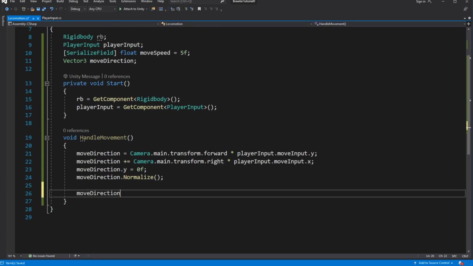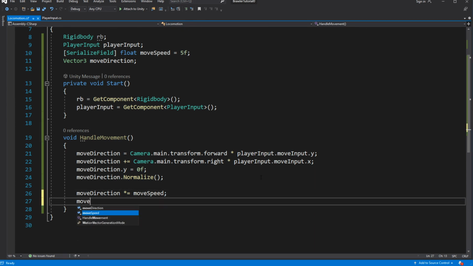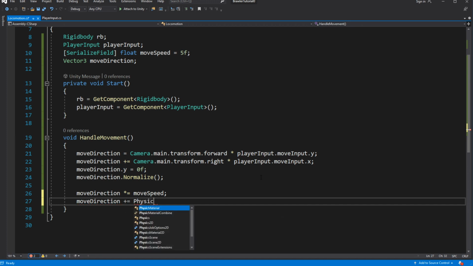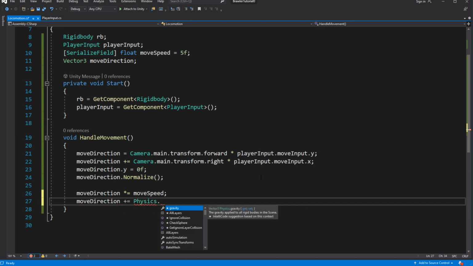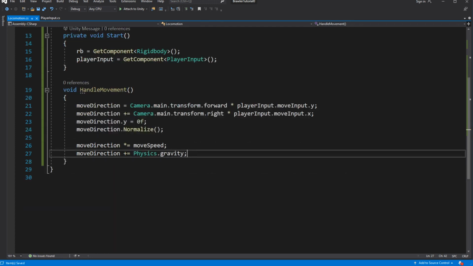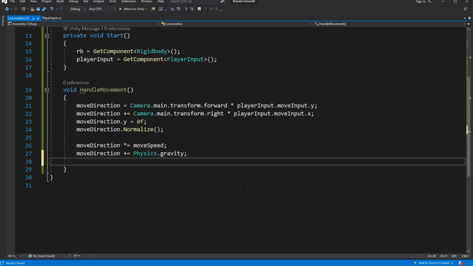Multiply moveDirection by movementSpeed. Then apply Physics gravity to our move direction, and apply the move direction to the rigid body velocity.